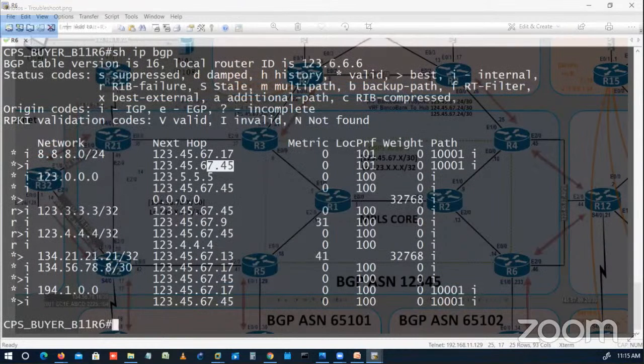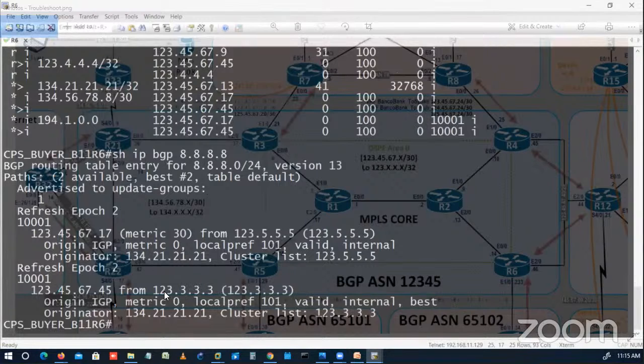Okay, now let's check from where we are getting this route. So show ip bgp 888, if you want to check the detailed view. So look here, R5 is sending me a route with the next hop of .17. That is not correct either, because .17 is the address of R1. So we have to go to R5, and if it is using some special configuration, some route map, we have to remove those things. And on R3, I'm getting .45. So this is the address of R4. So it means both routers are using some special route map to manipulate the